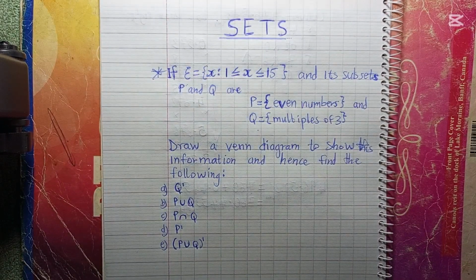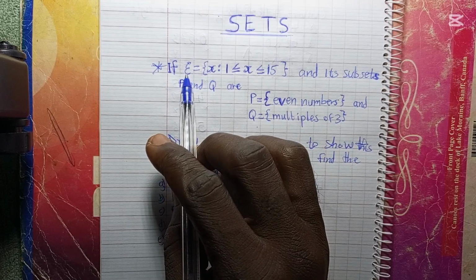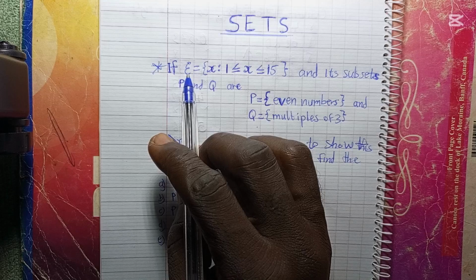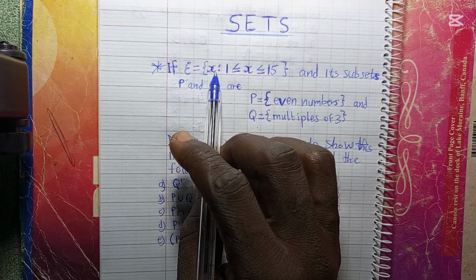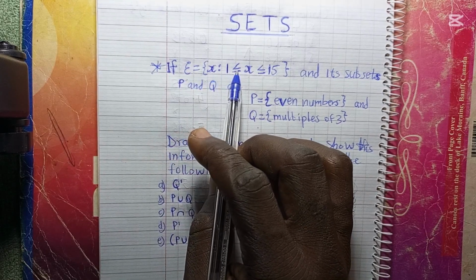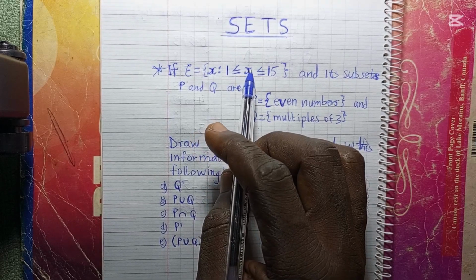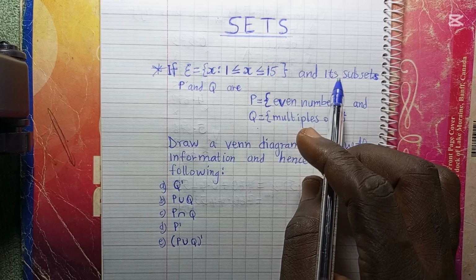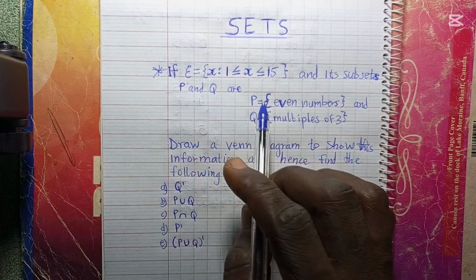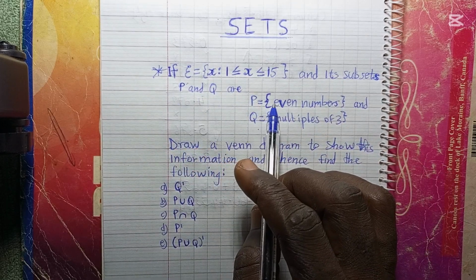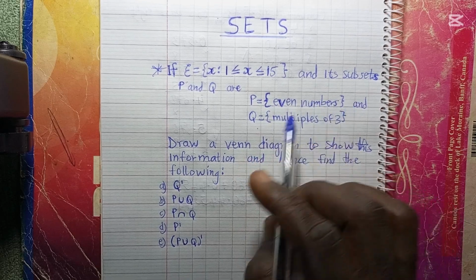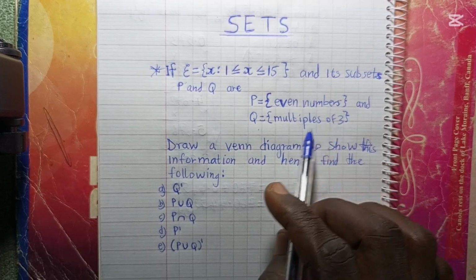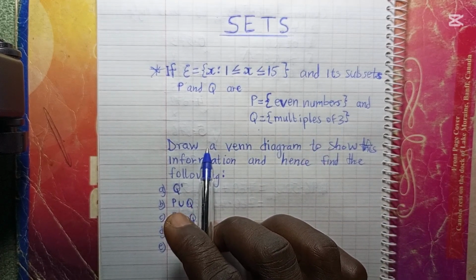It says if ξ is the notation for the universal set, and the universal set is equal to x such that 1 is less than or equal to x and x is less than or equal to 15, and its subsets P and Q are: P is a set of even numbers and Q is a set of multiples of 3, then